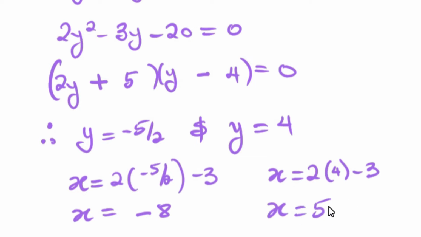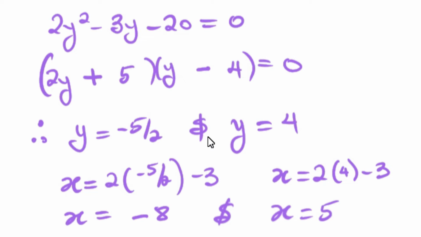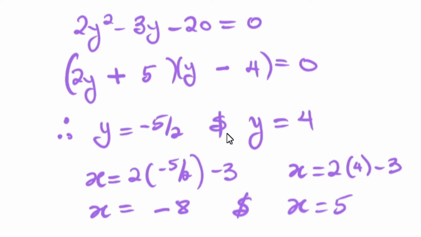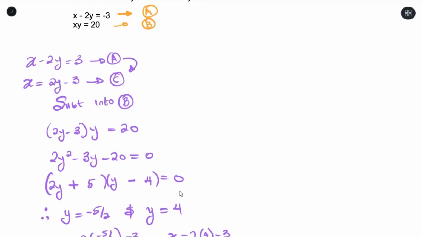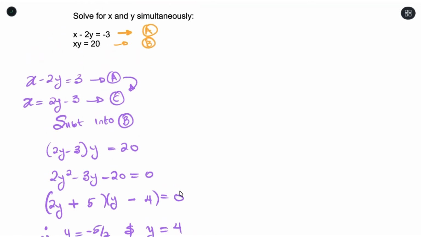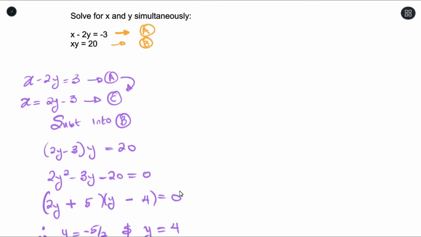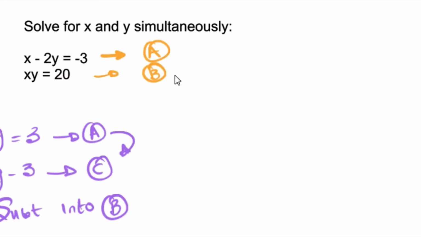So as you can see, our answers for x are negative 8 and 5. Those are the answers you get while solving simultaneously. So if we didn't take this route, but we simplified B, let's see if we would have the same answers. So I take B, I rewrite the equation of B to give you